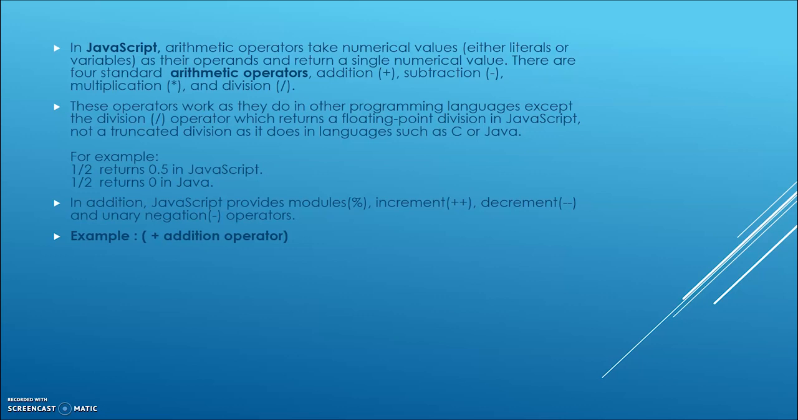In JavaScript, arithmetic operators take numerical values, either literals or variables, as their operands and return a single numerical value. There are four standard